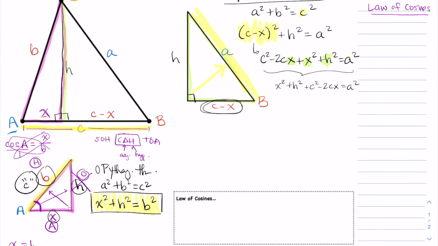Now here, this should look a little familiar. The x squared plus h squared actually came from here. So you'll see that same x squared plus h squared right here. And notice that according to our equation, another name for x squared plus h squared is b squared. So wherever this box is, I'm actually going to call it